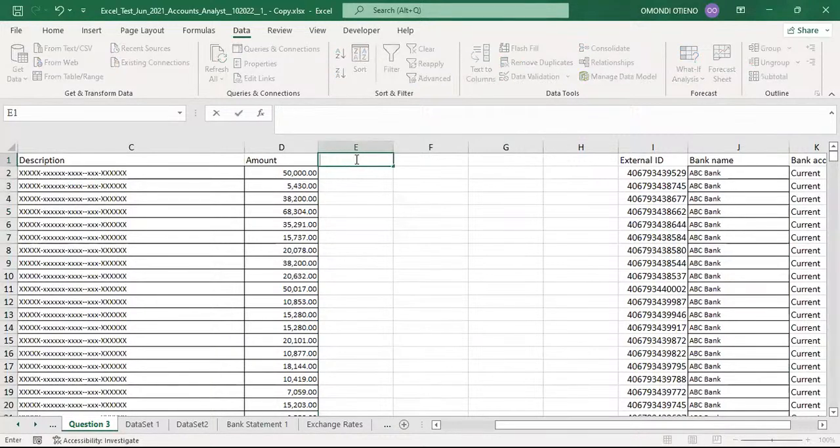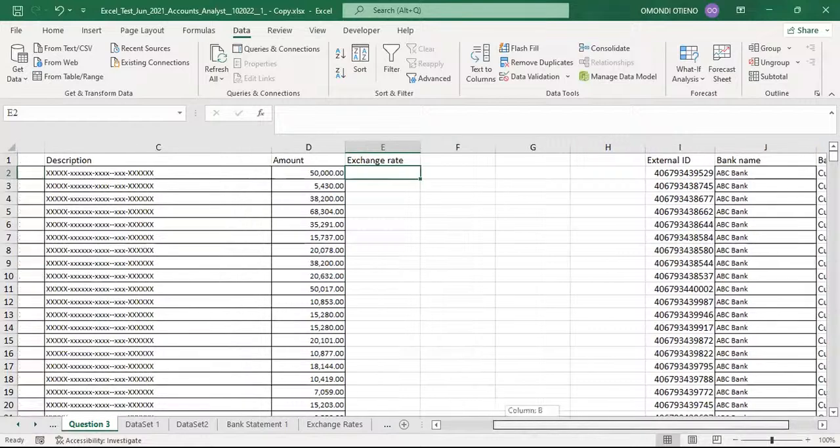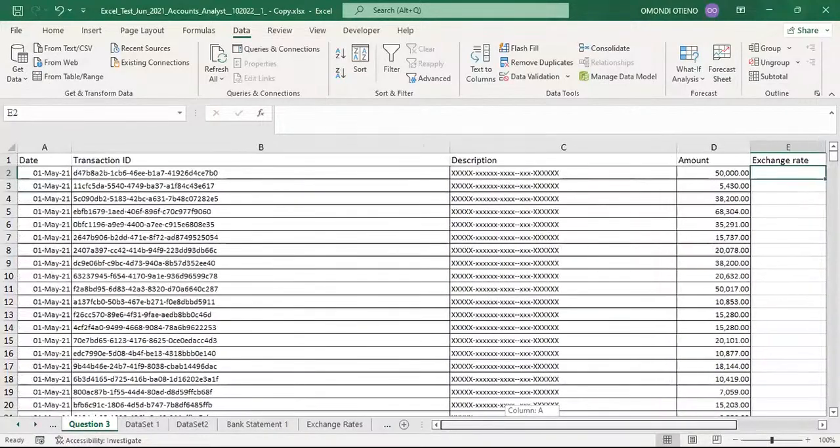So first of all, we must bring the exchange rate. How will we refer to that exchange rate? Now, I want us to understand this, how